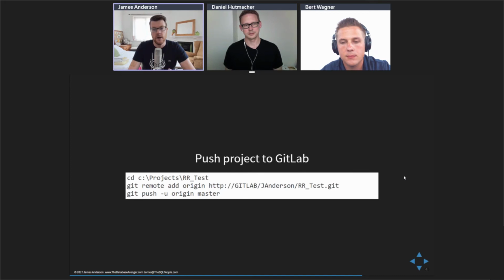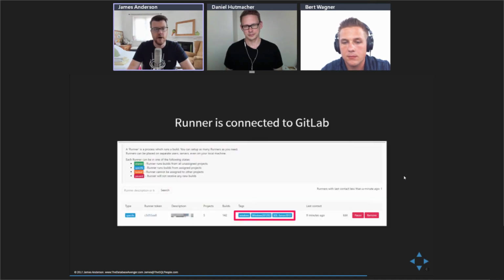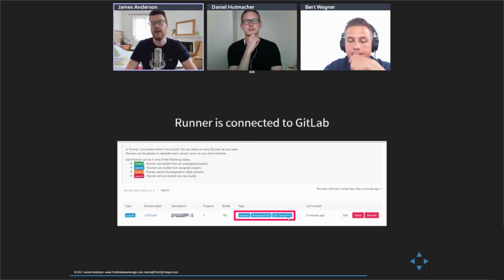So I created my ReadyRoll test project earlier. Now I'm going to use this little git command to push that to my empty project that I've created in GitLab. And then I'm going to connect a runner to GitLab, so we can see I've created a runner and I've given it a Windows and a Windows 2012 and a SQL 2012 tag. I may have another Windows 2012 server with SQL 2014 on it, so I'd give that the correct tags. So that way we could tell GitLab exactly where it needs to test